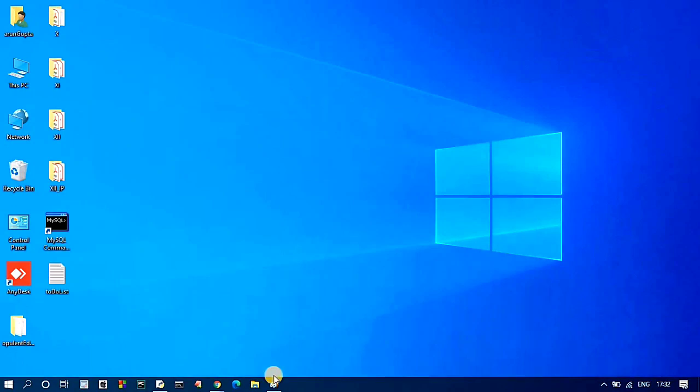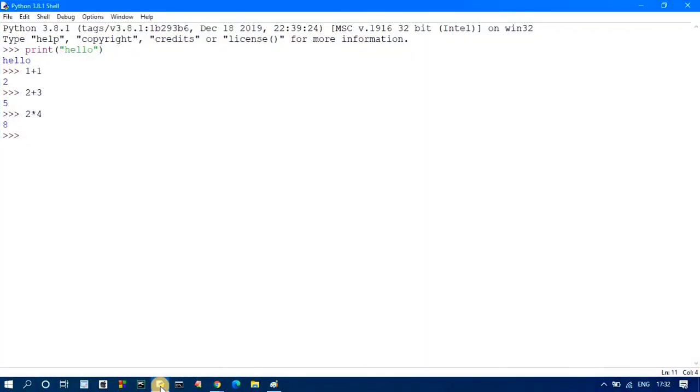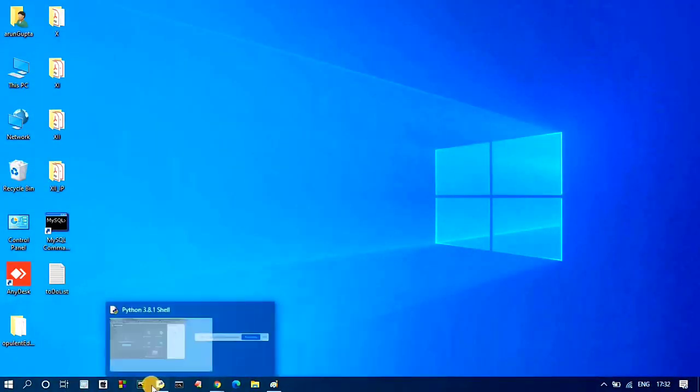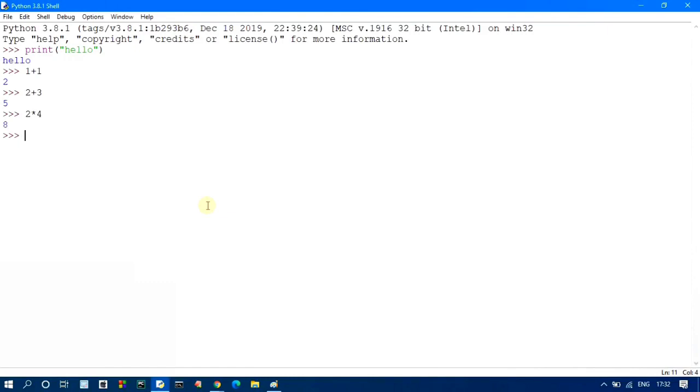So we can write some block of statements in the script mode, not a single line of code only. We can write any number of lines, number of instructions, in the script mode, and that bunch of instructions will execute one by one after running the code.